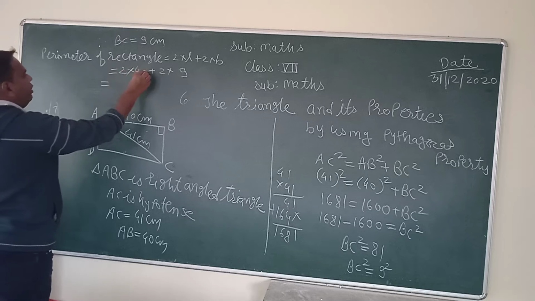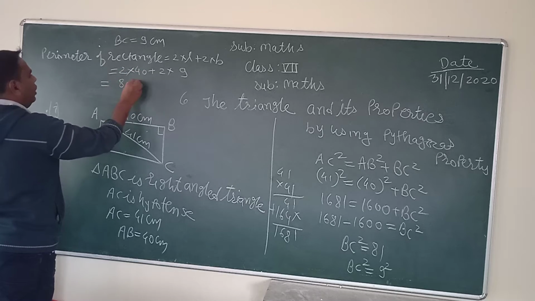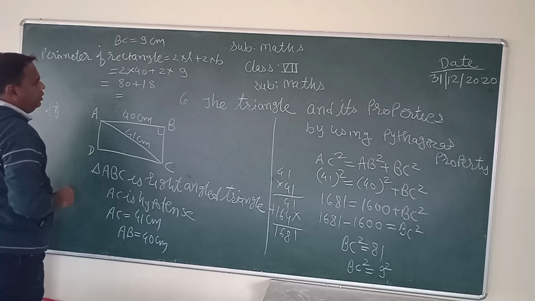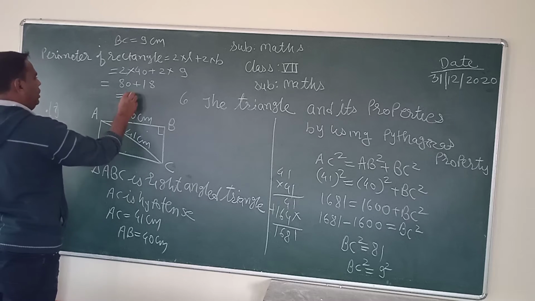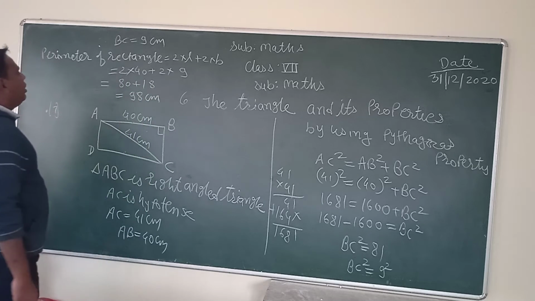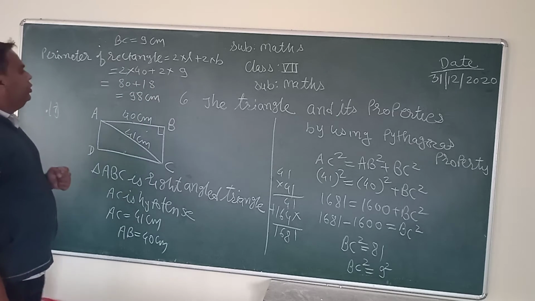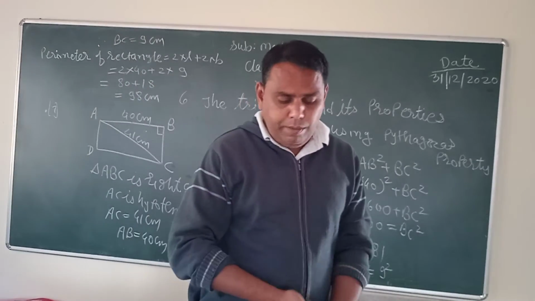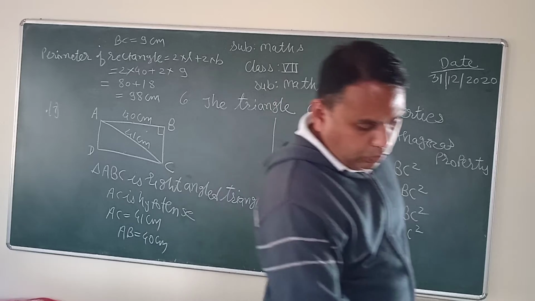Then here 2 into 40 means 80 and 2 into 9 means 18 and here sum is 80 plus 18 means 98 centimeter. This is the perimeter of this rectangle. जो value आई है वो है हमारे 98 जो कि इस rectangle का एक perimeter. Then next question